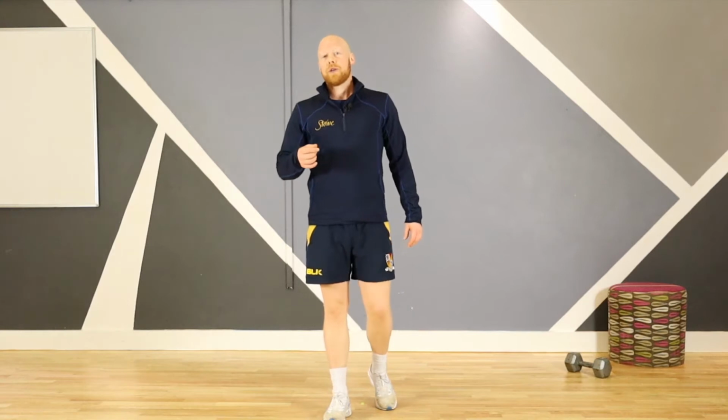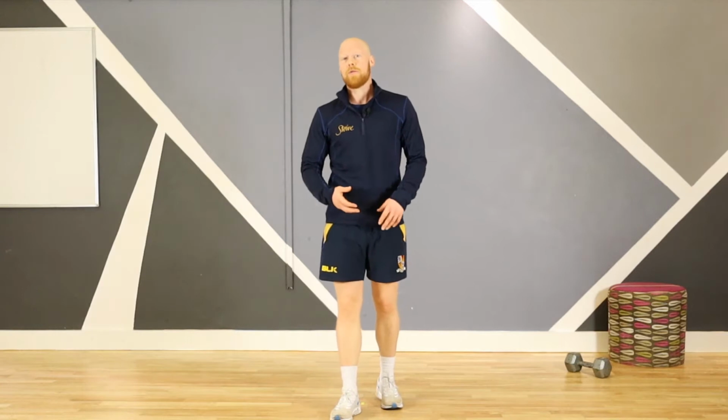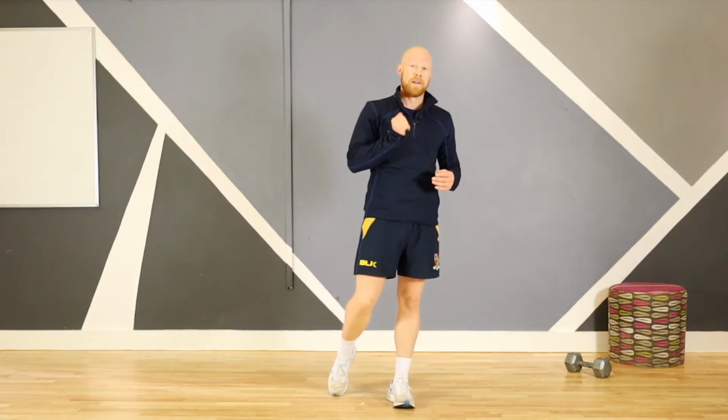So after quite a difficult session yesterday in terms of just intensity, what we're going to do is reduce the intensity today and focus on a few specific movements based around plyometrics. The principle of plyometrics is basically we're looking for maximum explosive exercise with quite a lot of rest in between, okay? So the idea of this video is to take you through 5 exercises that you can try at